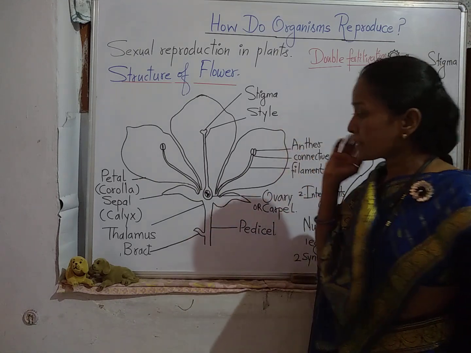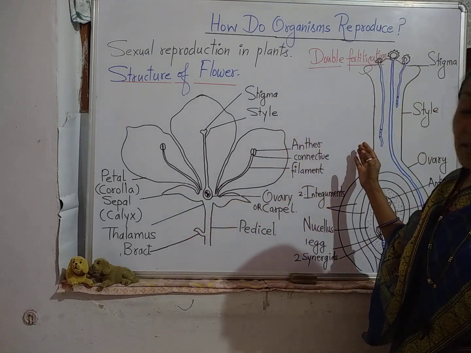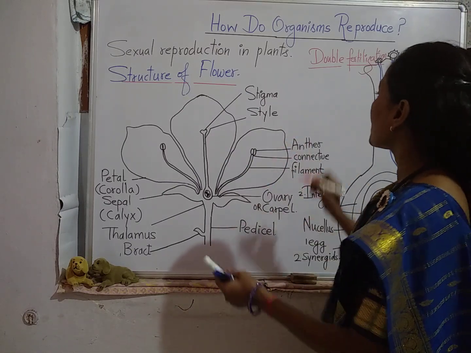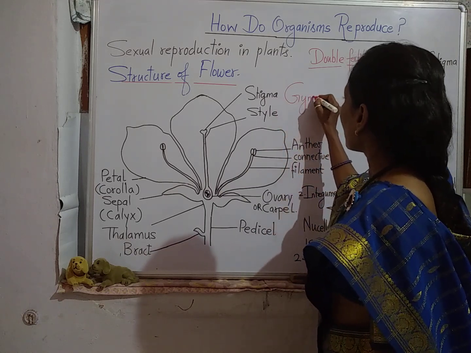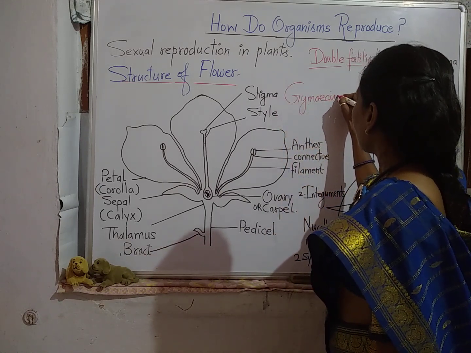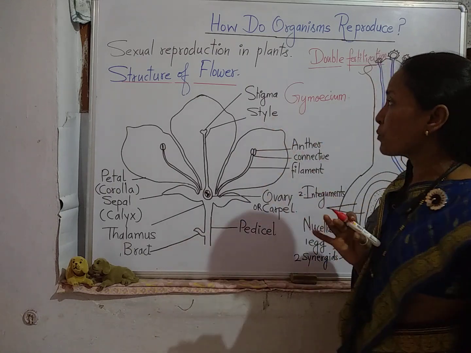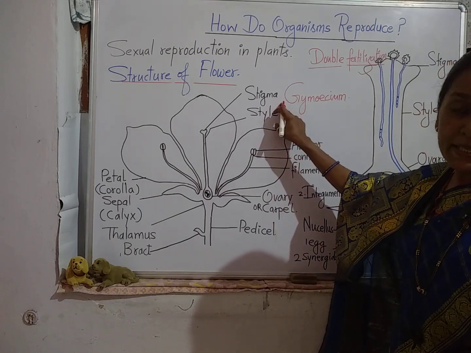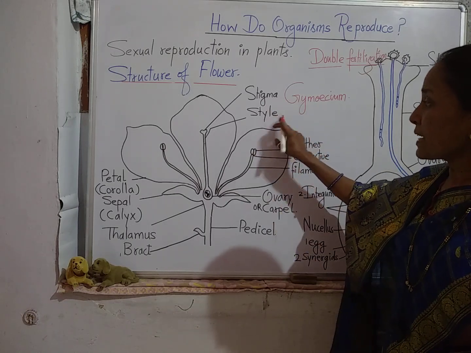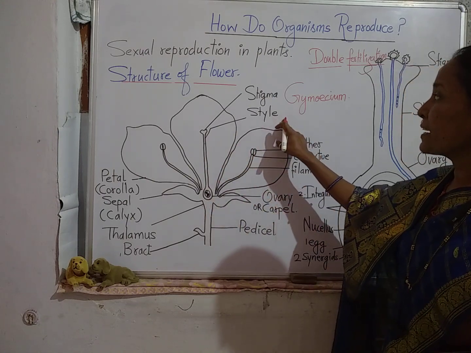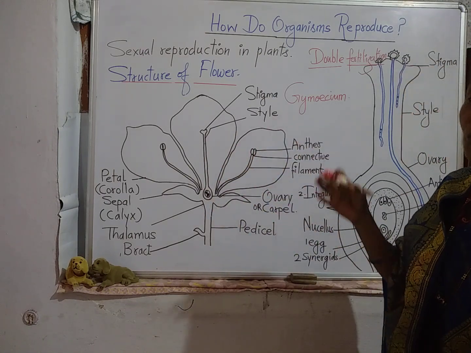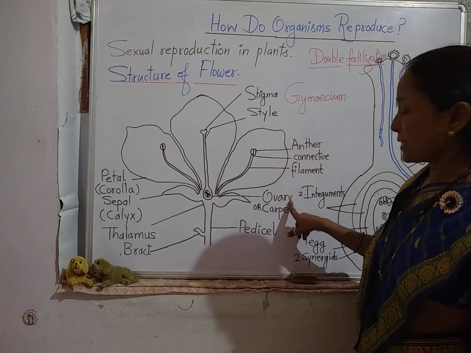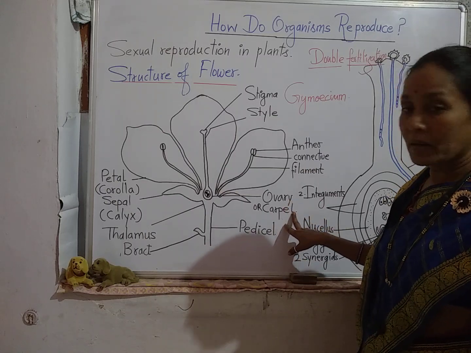Okay, now let us discuss the necessary part. The first part is the gynoecium. Gynoecium is the female part of the flower, which has 3 portions: stigma, style and the ovary. Stigma is sticky in nature, while style is tubular, which facilitates the entry of the pollen tube during the act of fertilization. Okay, now ovary has individual members, carpels.